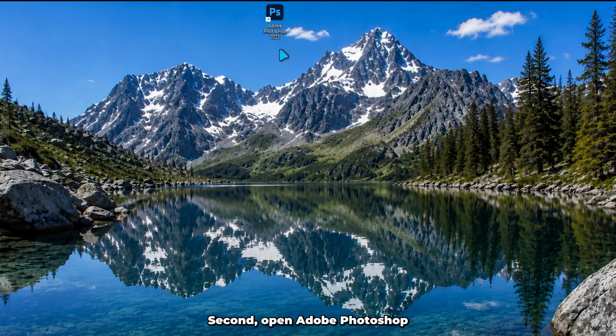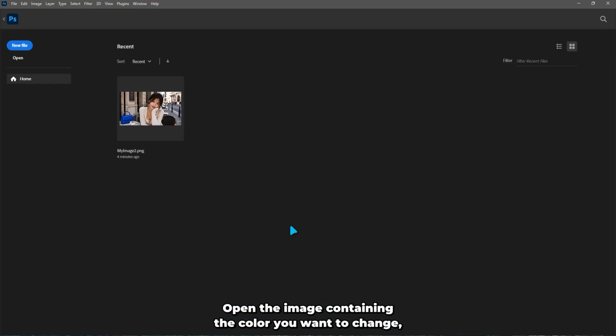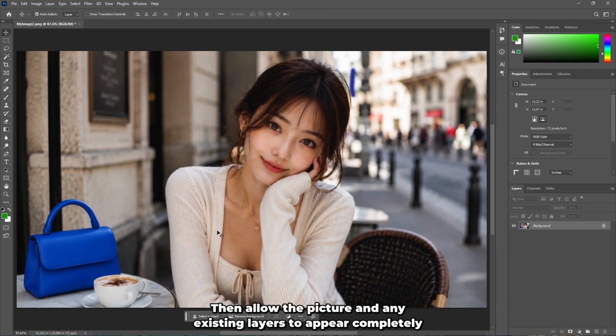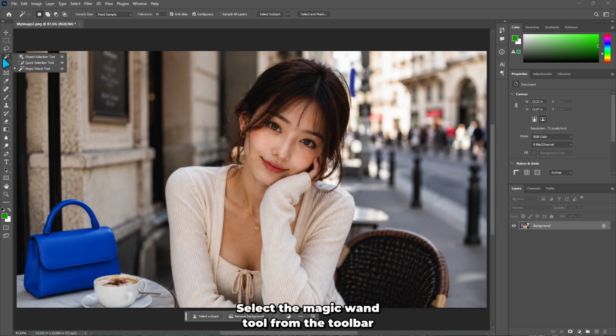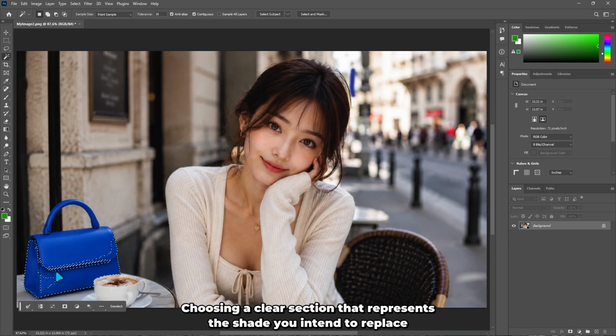Second, open Adobe Photoshop. Open the image containing the color you want to change, then allow the picture and any existing layers to appear completely. Select the Magic Wand tool from the toolbar. Click directly on the color area you want to select, choosing a clear section that represents the shade you intend